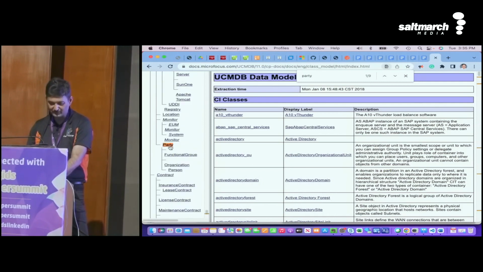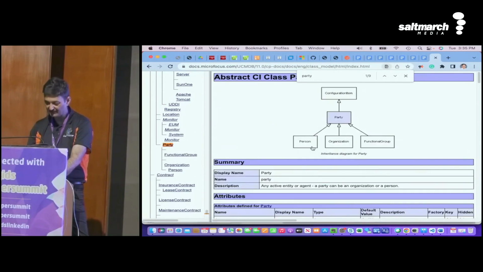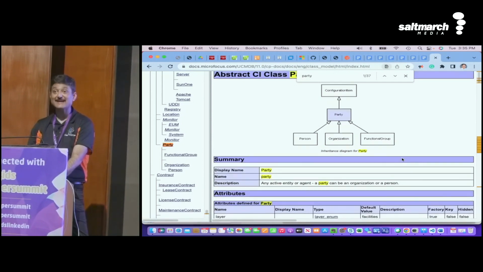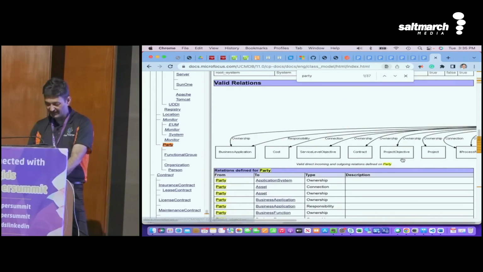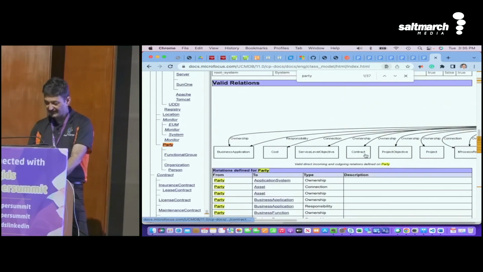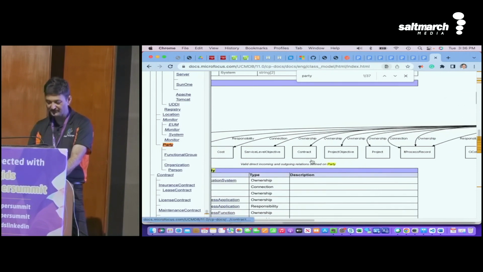So this is actually coming in. A party can be a person, an organization, and a functional group. That means an employee can be a vendor also. Yes. So that's the party model which is coming up. That means if I go into more detail, contract. A party can have a contract. So if I go to a contract,